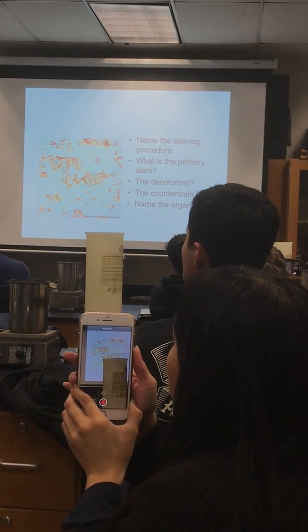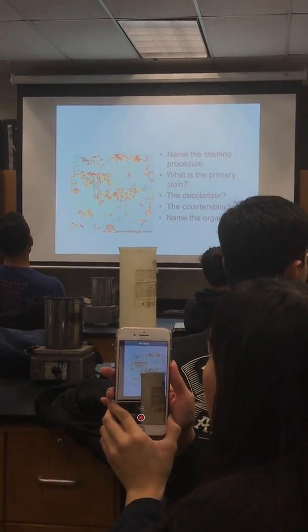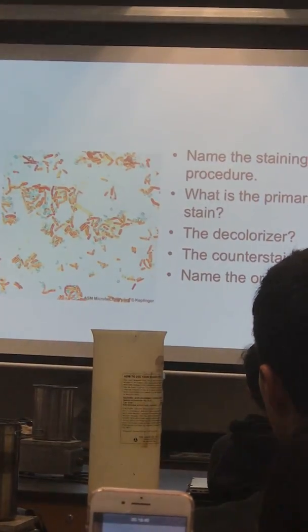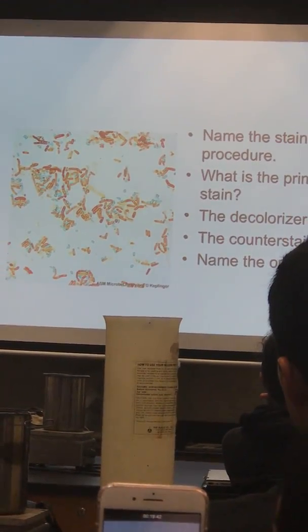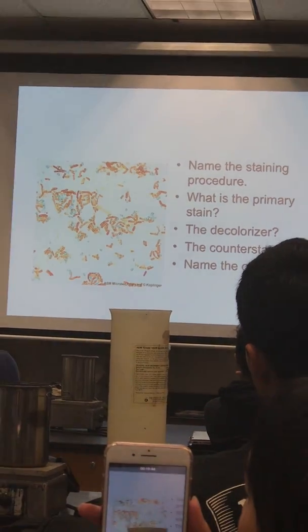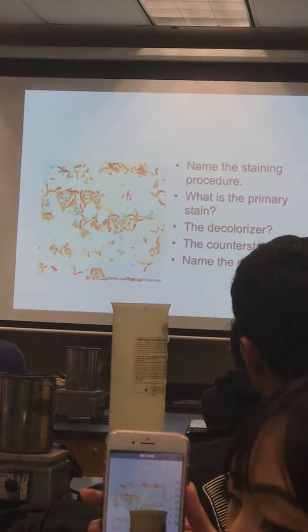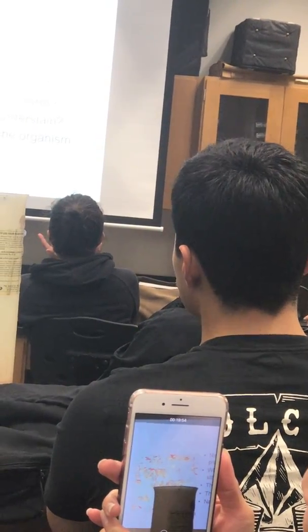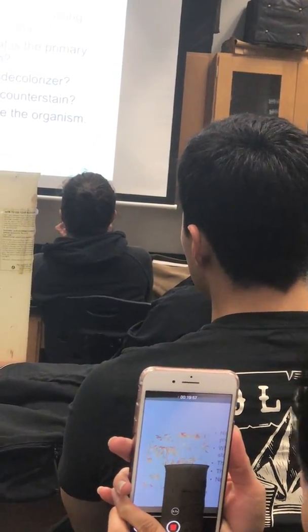So wait, what was the answer? You don't find it in the body. Oh. It's an intoxication. Okay, what's this staining procedure? What's the primary stain? Malachite green. The decolorizer, water. Go back to that quiz from early in the beginning of the semester where I had you compare all of them. The counterstain,